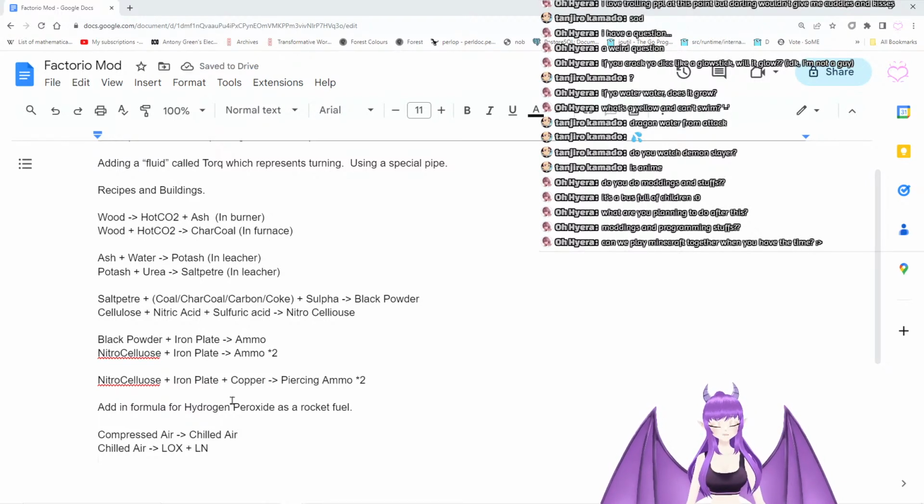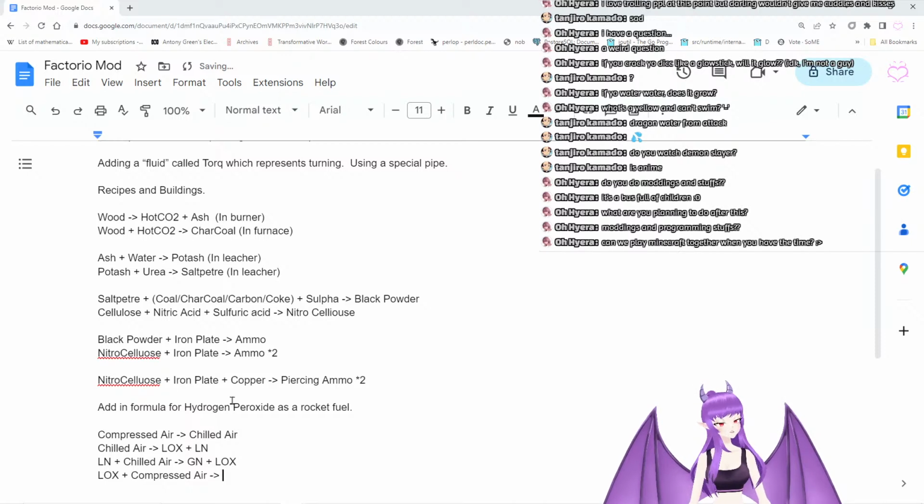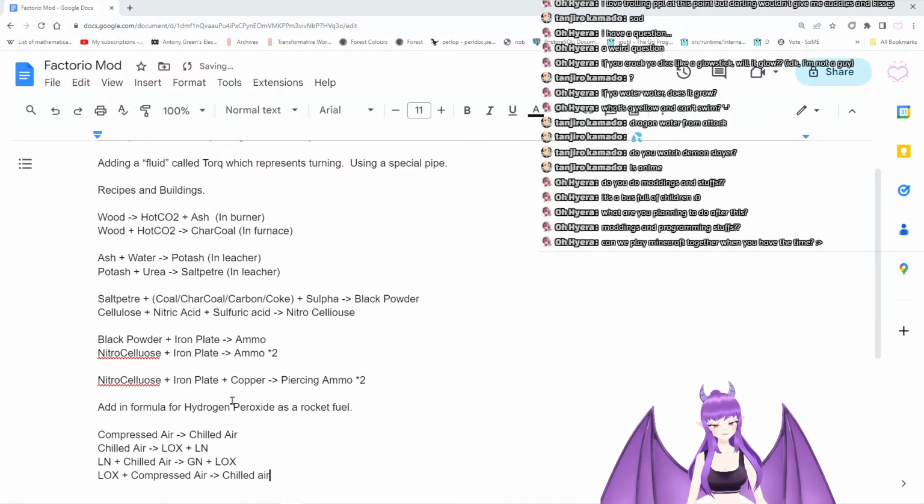We also have a process where liquid nitrogen plus compressed, chilled air gives you gaseous nitrogen plus liquid oxygen, and LOX plus compressed air gives you chilled air. And those will be done by heat exchanger,